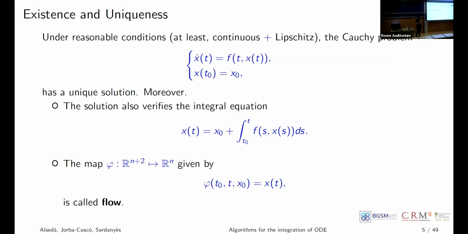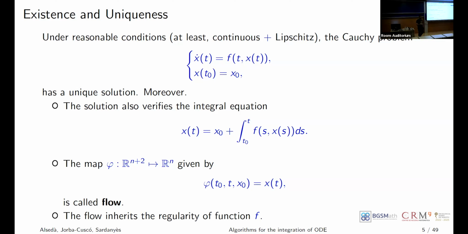And more notation to the solution that at initial time t0 passes through the value x naught and evaluated at time t. This has a name, which is called the flow of the Cauchy problem. So whenever I say flow, you can think about this application, this map. In principle, if f is good, the flow is good, meaning that the flow inherits the regularity of the